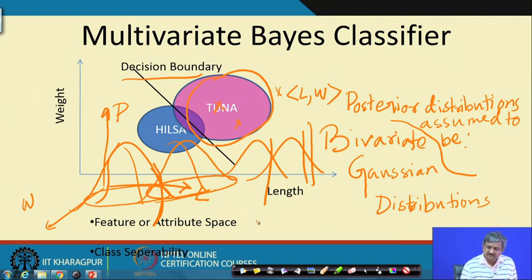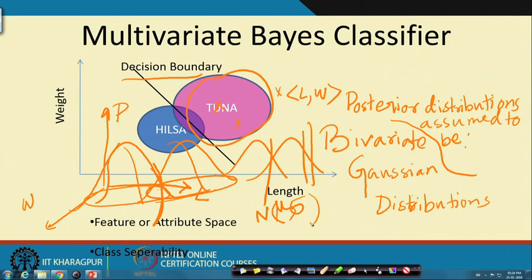A Gaussian distribution, a normal distribution, is parameterized by two parameters, the mean value and a variance value, mu and sigma. In the case of two dimensional bivariate Gaussians, the mu will be nothing but a two dimensional vector representing this center,